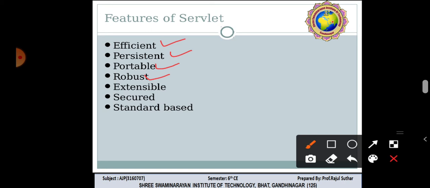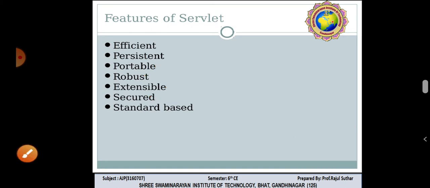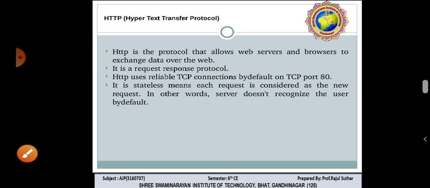Extensible, it is also one concept of Java. Secured, Java is a secure language, so Servlet covers the secure feature. And standard based; standard based means enterprise edition.